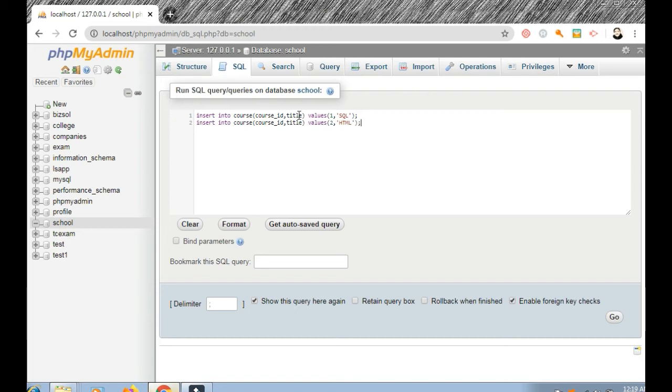Okay. These are the two records. These records will be inserted into, two rows will be inserted into the course table.